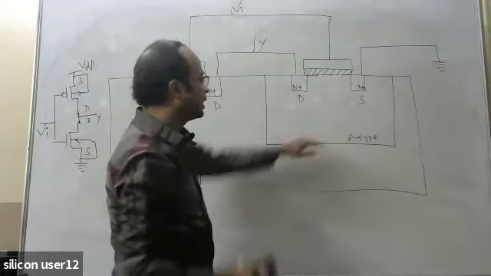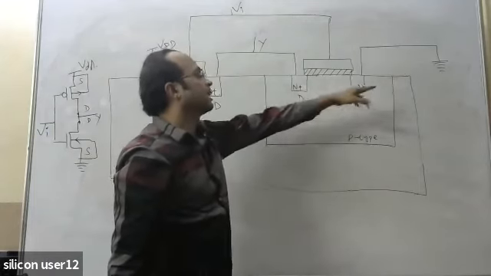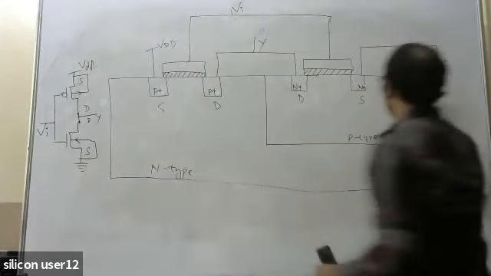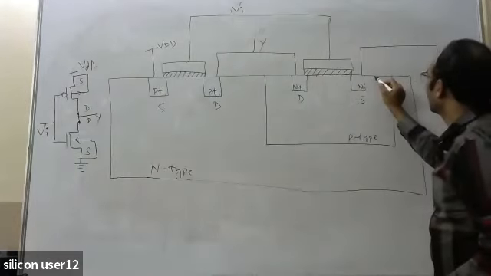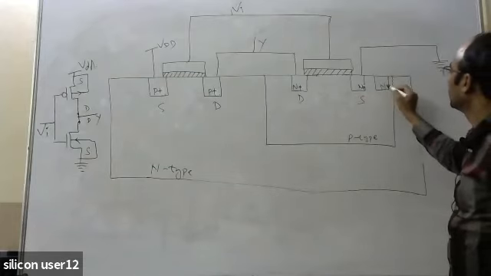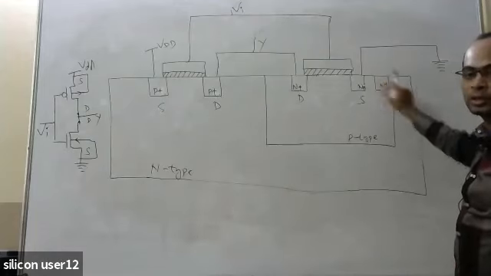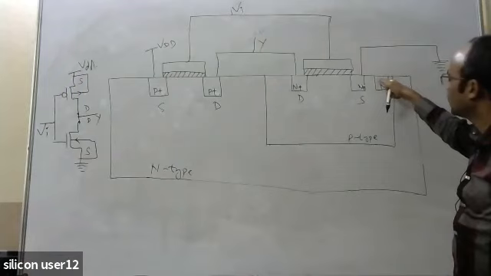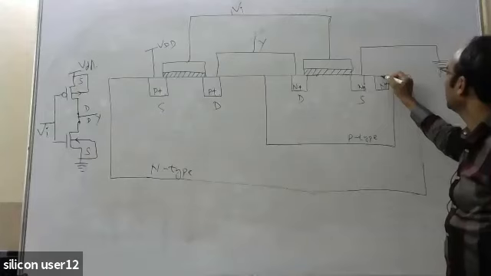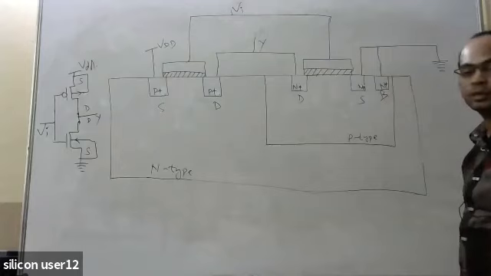Here this body is P type, so we need to connect the ground to this body. For that we have to create another region also. It is created like this: on the side of the source, one more n plus region is made. Why n plus? Because its conductivity will be high. So this highly conductive region is the connection or path to the body. This will also be connected to the ground. So this is actually the body of the NMOS.